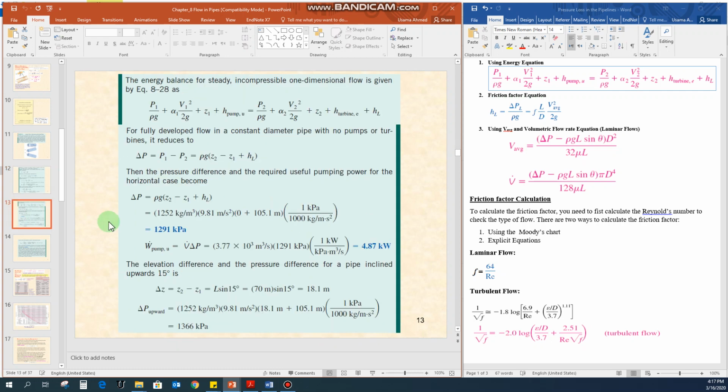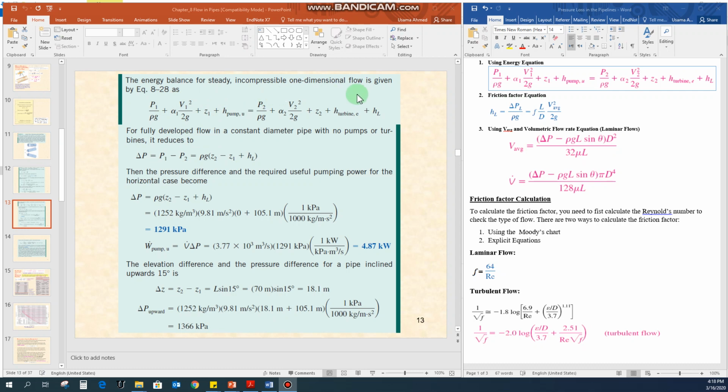So what we can do here is use the general energy equation again. On this equation, you can simplify. If you are dealing with the same diameter pipeline, the velocity terms can be reduced to 0. There is no pump in the system, so you can remove the head for the pump. There is no turbine in the system, so you can remove the turbine part, and then you can simplify the equation to this form. Delta P, it is equal to P1 minus P2, rho g